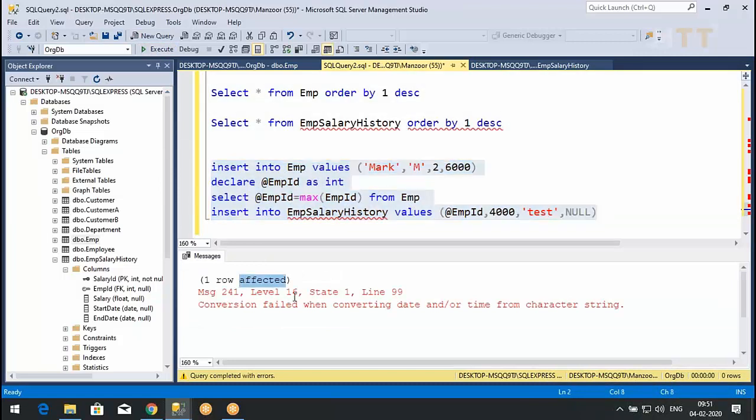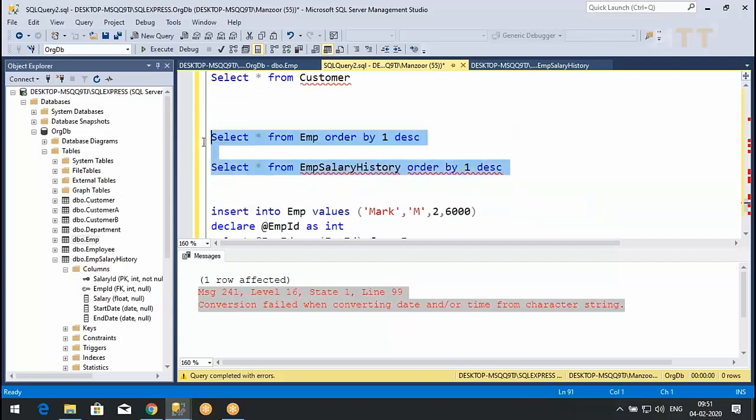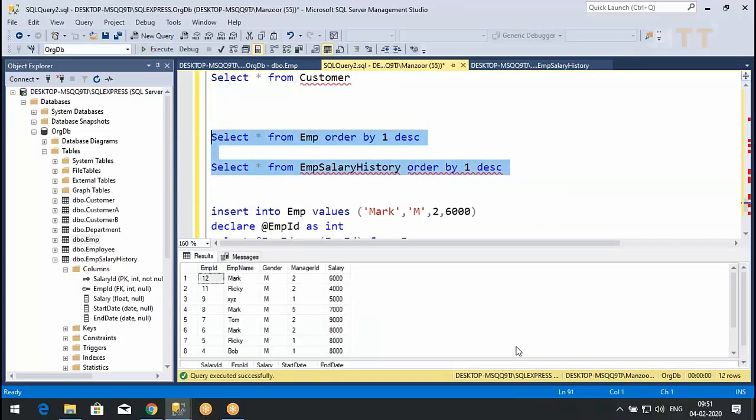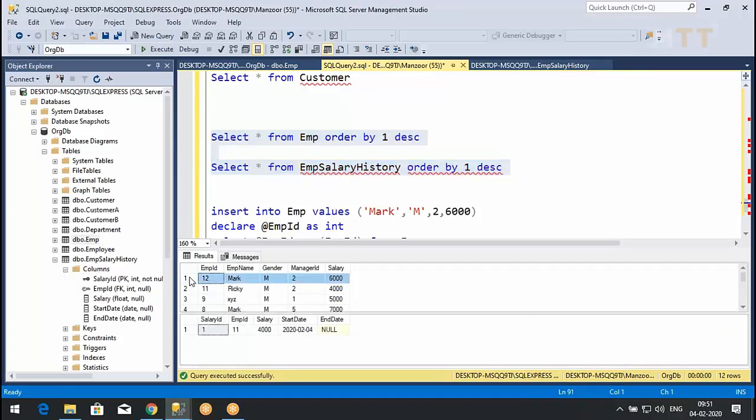One row affected and second row insertion failed. Now if you see, you have ambiguous information. We have 12 employees but no information about salary. Is it not necessary for us to implement a transaction over here? Got the point?